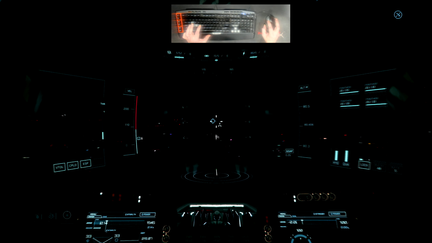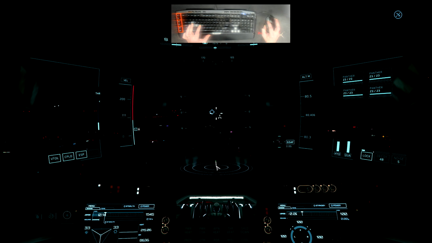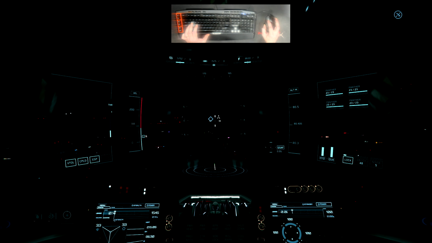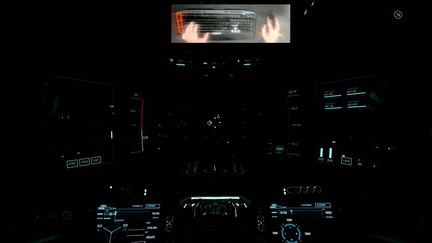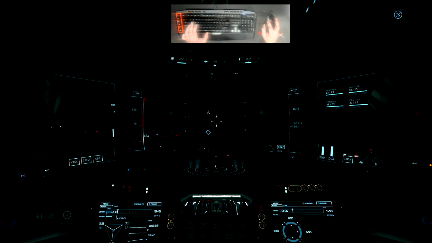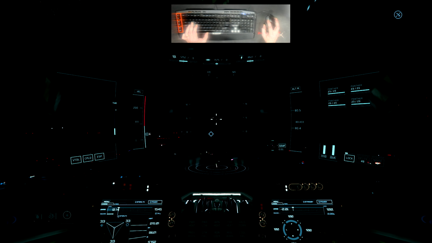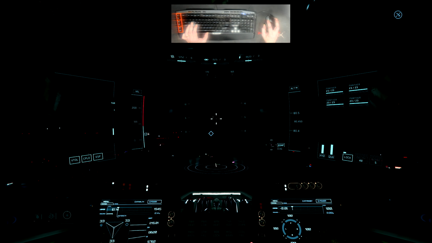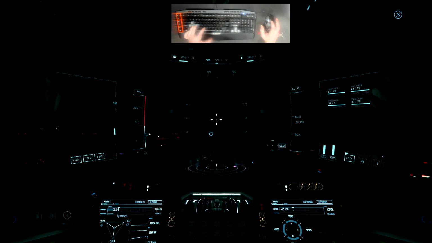And if you also notice, my radar now is pointing directly forward. If I press B, it'll start powering on my quantum drive, B,